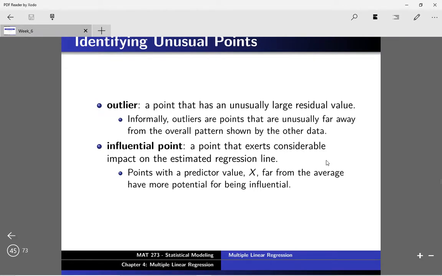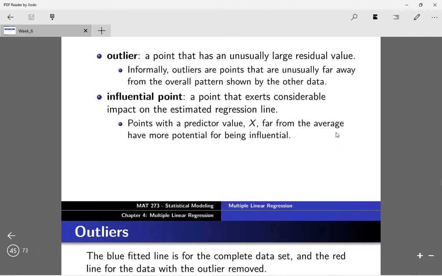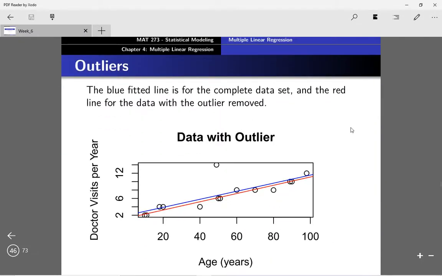But it's not always the case that every point with an extreme explanatory variable is influential. We'll discuss that a little bit more, how there's a weird exception to that rule, but in general, that typically is the case. So looking at outliers again, here is a plot where we're looking at people's age and